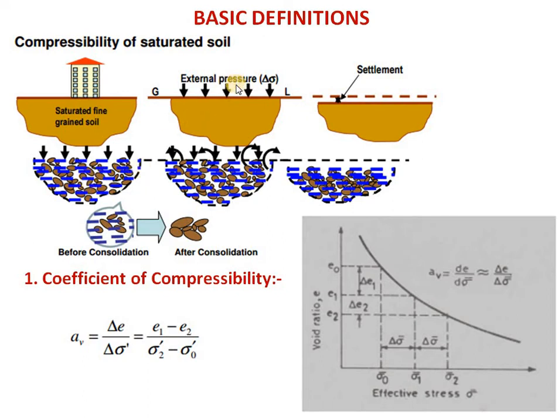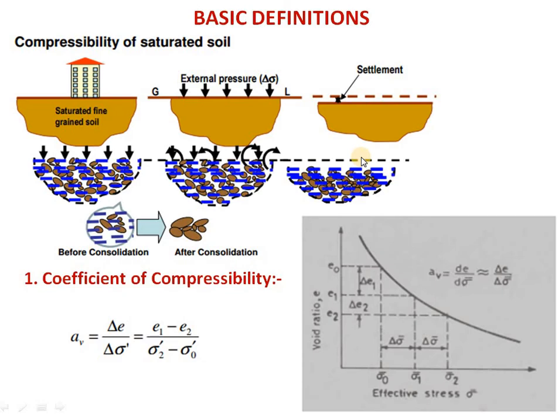After the stresses are developed with respect to the loading on the ground level, what will happen? The pore water pressure will try to go out like this, and the soil will try to compress. And the third condition will be, soil will try to settle down, that is, compression of the soil has been attained. From the initial condition to the final condition of the soil, there is a gap, and that is known as your settlement. So from the ground level, soil has attained its compression and excessive pore water has been removed.